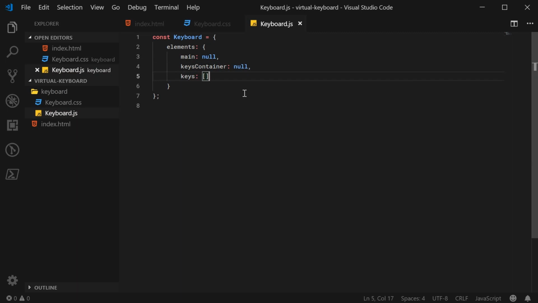Alright, so main refers to the main keyboard element, the keys container refers to the keys container, and the keys is an array of the buttons for the keys. Alrighty? Cool, so of course, as we generate these elements, we're going to be setting the values inside the init